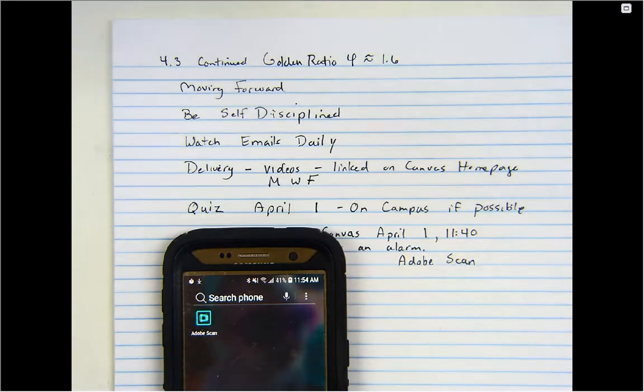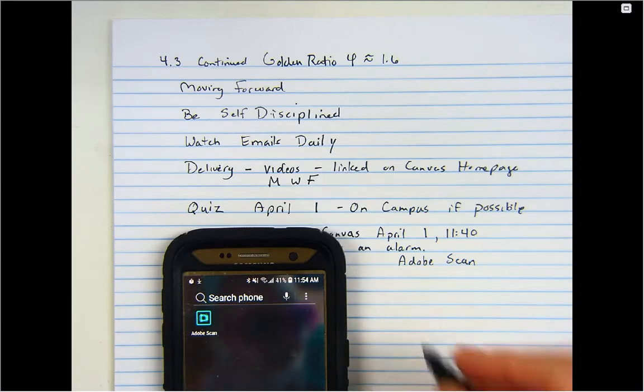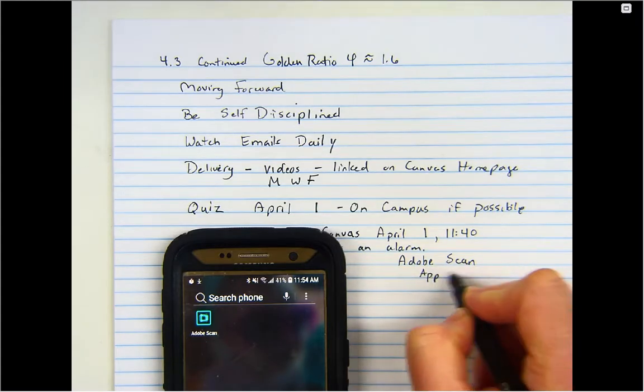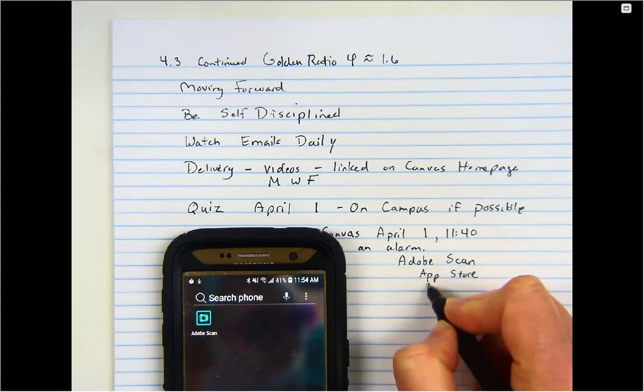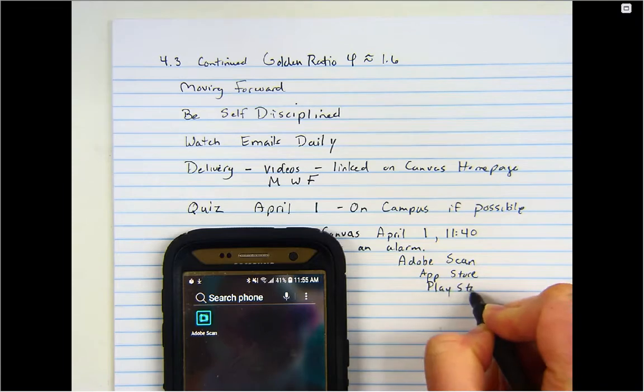Have you ever sent me a picture that I've received of your work and it looks like a grayscale with kind of a smudgy little bit that you can read? Maybe you haven't done that, but I have gotten many photos from students like that, and usually I can try hard and make it out, but this is a lot better. So this is available at the App Store or at the Play Store. It's free,